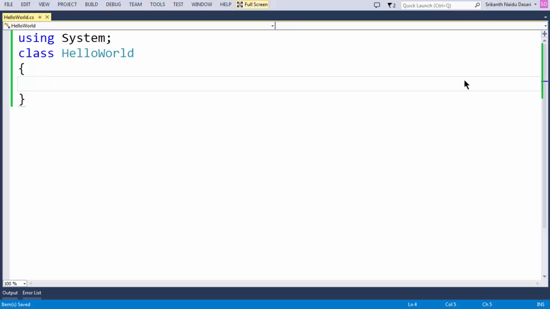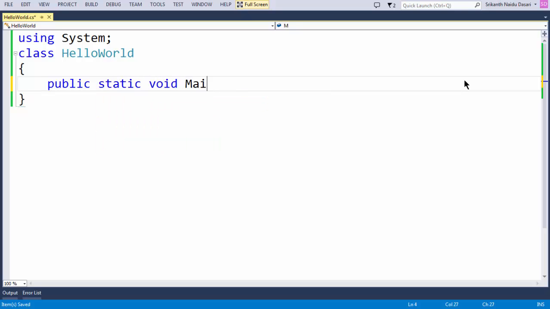Next we need a main function. Main is the entry point for the program to execute. No matter how big the class is, or how many methods you write inside a class, execution of the program starts from the main method. So it's very essential. First let us add public static